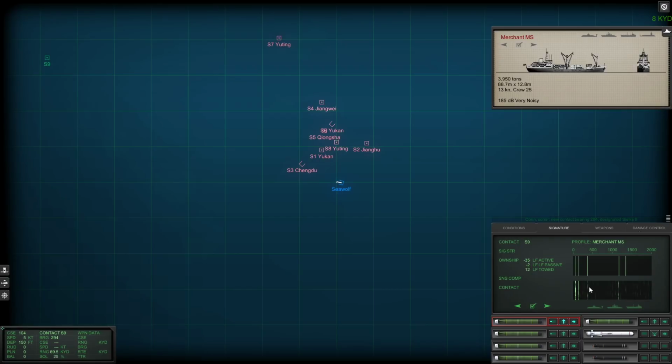That's not quite right. Oh, okay. Con, sonar, Sierra 9 is classified as merchant. I hate that those two are so close. Okay, yeah, we have it. So we're getting these guys. We're getting some good